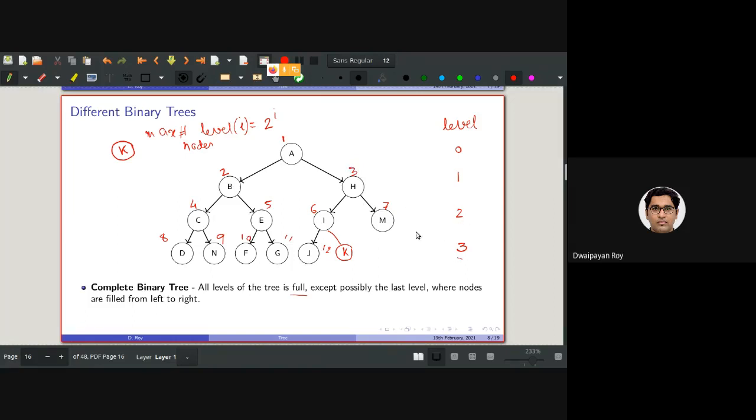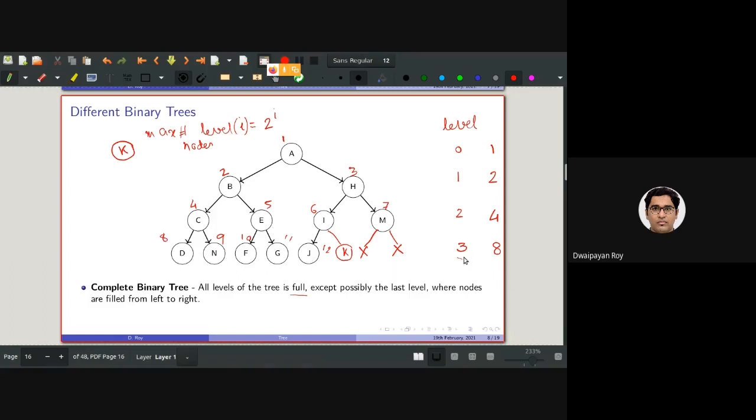So at most there can be 8 elements. If I write these beside the levels, here 2 other nodes can also be placed, which are presently containing null values. As you can see, 1, 2, 3, 4, 5, 6, 7, 8.